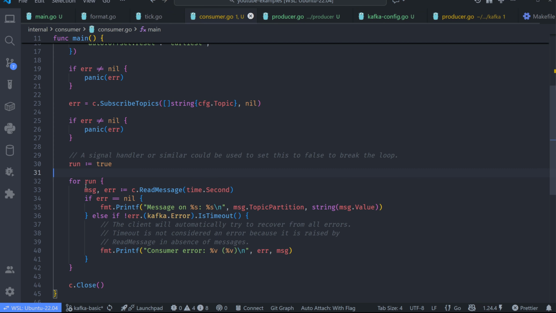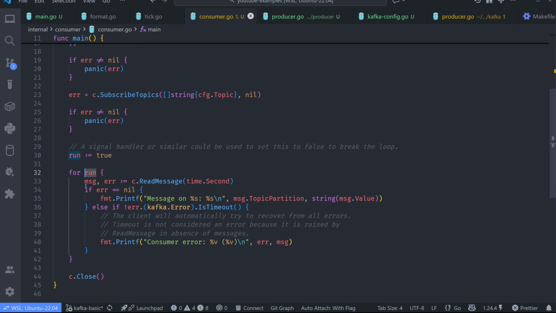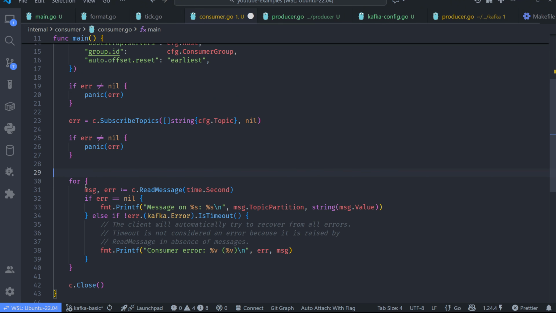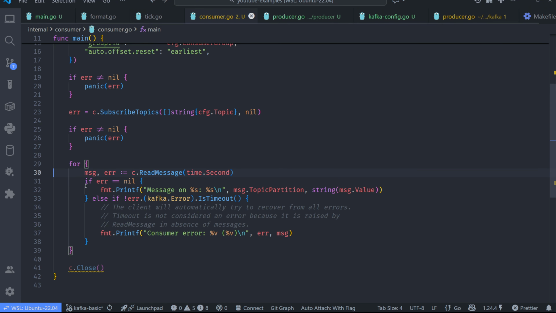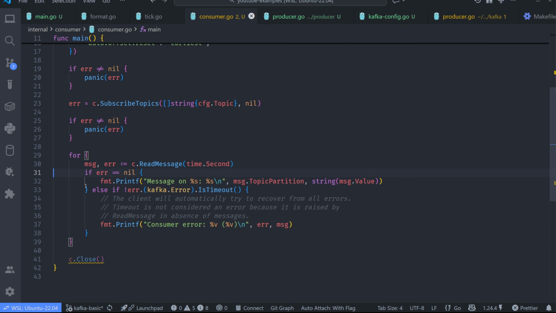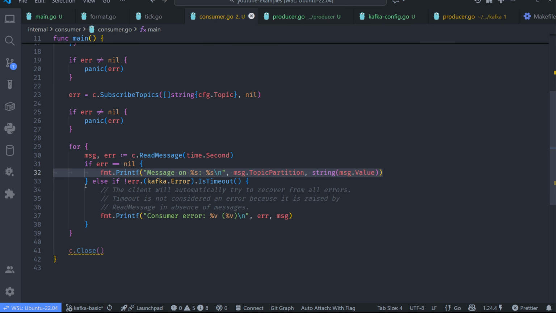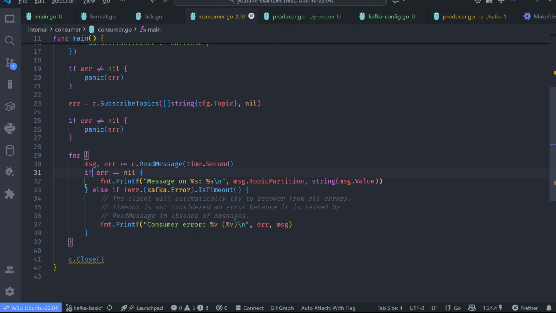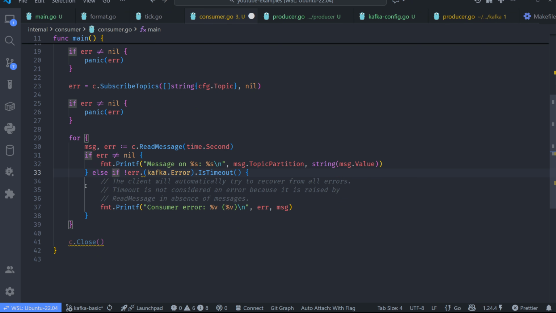All right, let's actually remove the run, because we will run an infinite loop. And what is happening here, we are reading messages. If we don't have an error, we are processing the message. I don't really like that. So I will say if we have an error, if error is not null, and if